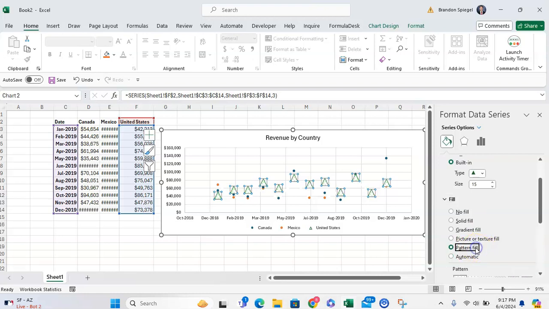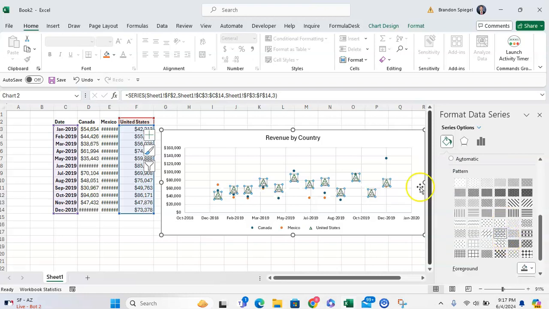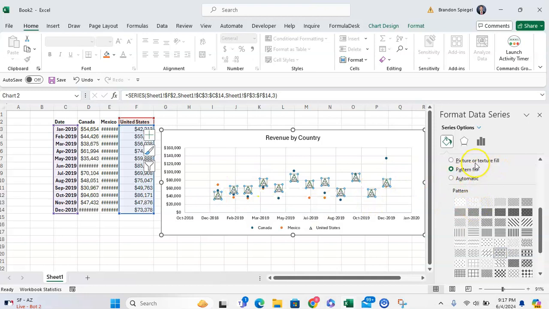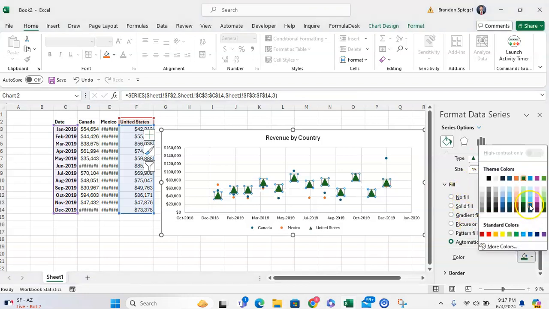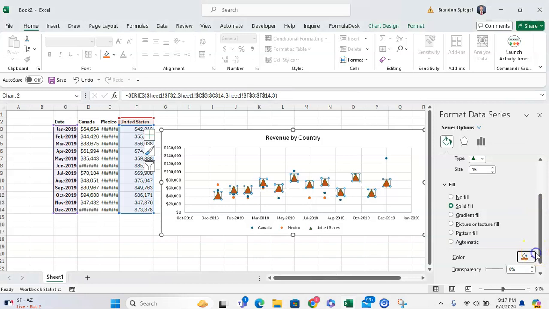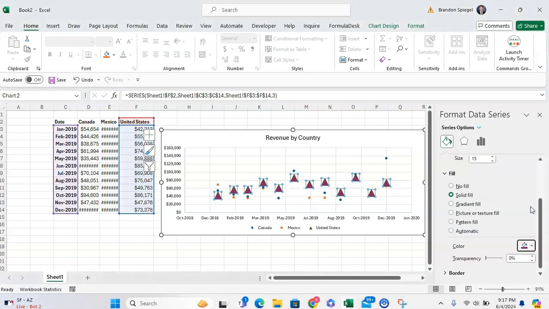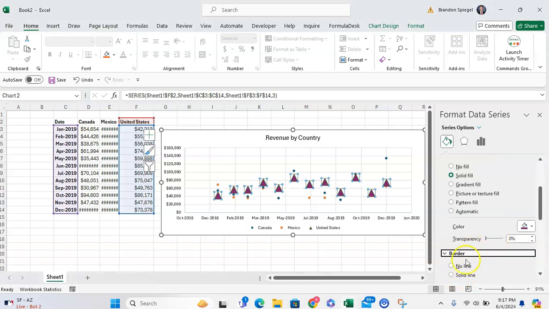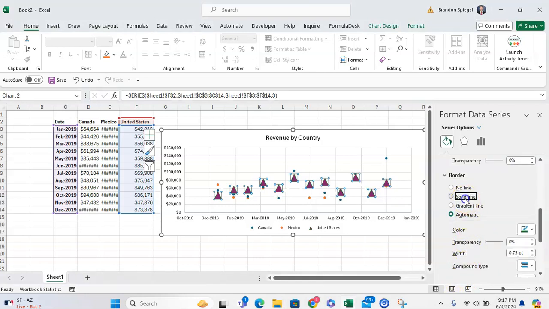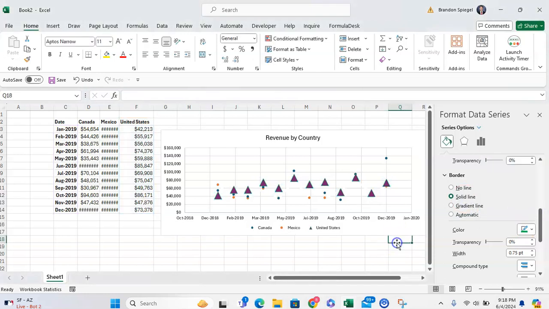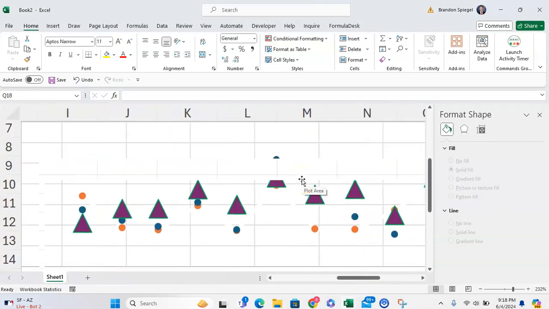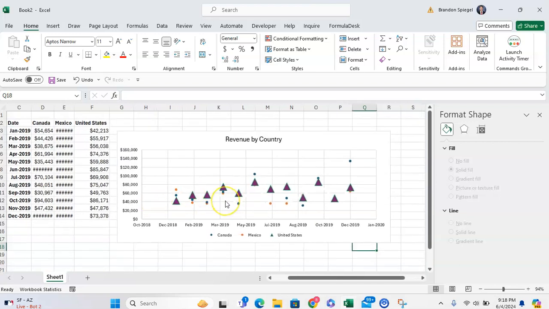We can even adjust the fill. So you can have the pattern fill for these different pieces if you want to. This probably is not what you want, but the thought is that you can kind of format this to be whatever you want it to be. And you can also adjust the border if you really want to for these different markers. So we can have a green border on these if we really wanted to. This is probably not what we want to have, but the point is that you can customize this